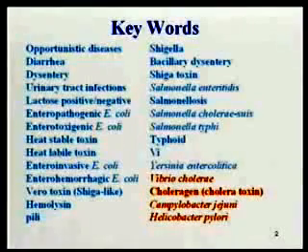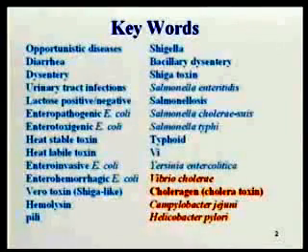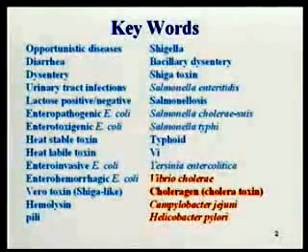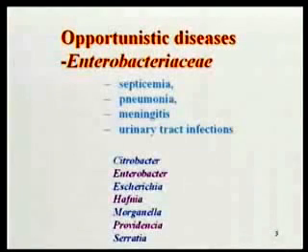Okay, so we're going to cover four different groups, quite different groups of organisms today. The major focus being on the Enterobacteriaceae. Now, the reason we're focusing so much on the Enterobacteriaceae is because they're one of the most common causes of opportunistic infections in hospitals. And there's a huge number of diseases, and there are actually a large number of species